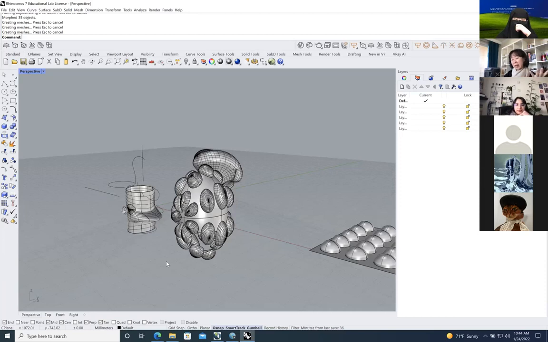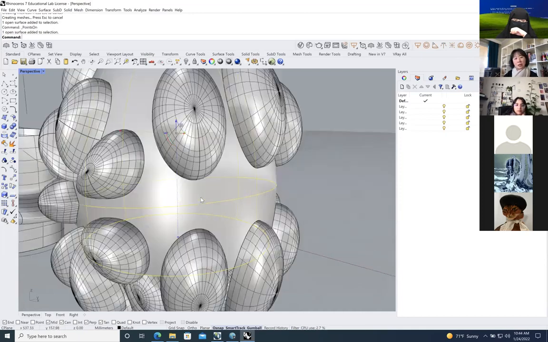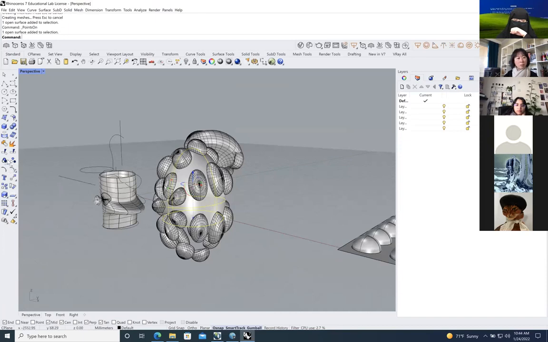We can delete the extra, trim the extra, because what happened is when I flow, although I trimmed the surface, it does not recognize it as trimmed. It still has the original structure to it. For example, if I turn on the control points, you see the control points are still at the bottom. So what you might need to do is make a copy of this one, maybe, and